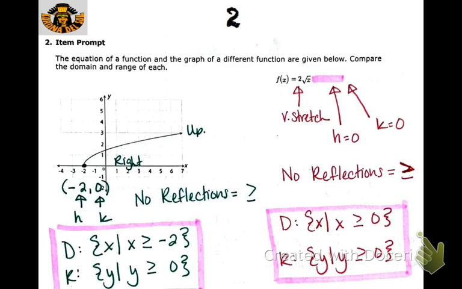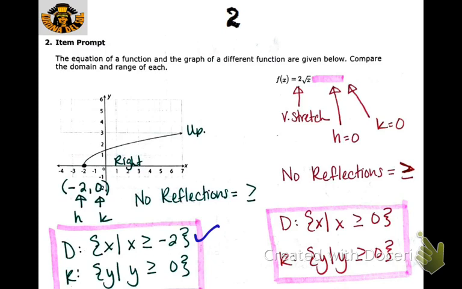Number 2 here, they want us to compare the domain and range. So the one on the left, you can tell the graph starts at -2, so that's why this is a good domain from -2 and everything bigger than that, so x is greater than or equal to -2. And then you can tell the range starts right at 0 and then it goes up, so that's the reason